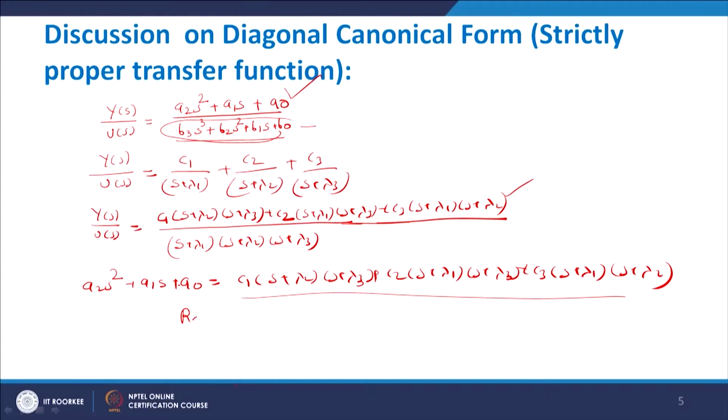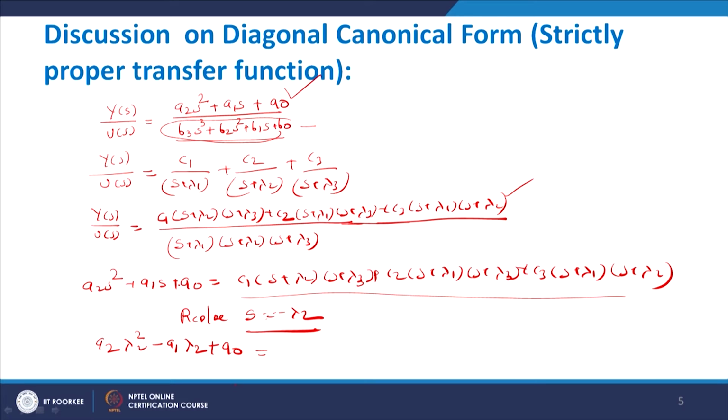Initially, we replace S equals to minus lambda 2. If you replace S equals to lambda 2, what will happen? We will get the equation as A2 lambda 2 square minus A1 lambda 2 plus A naught. What we have done is replaced S equals to lambda 2 in this equation. So, we get lambda 2 square A2 minus A1 lambda 2 plus A naught, that is equal to,